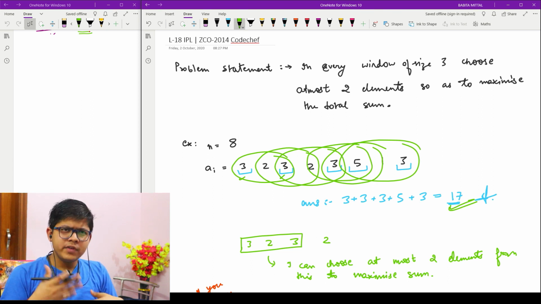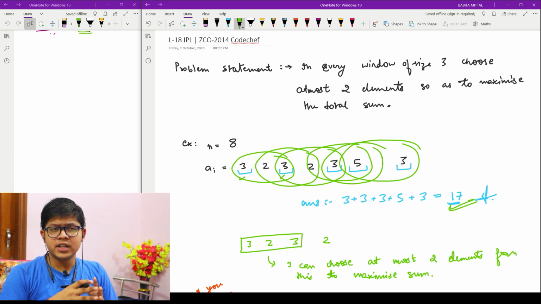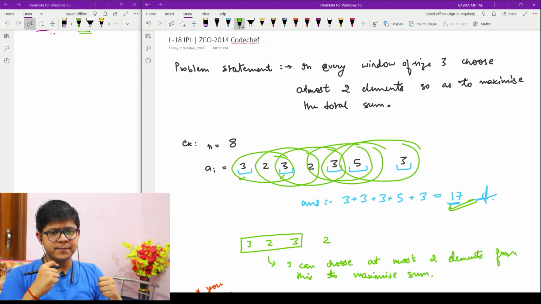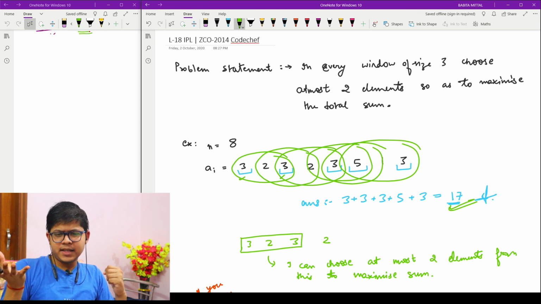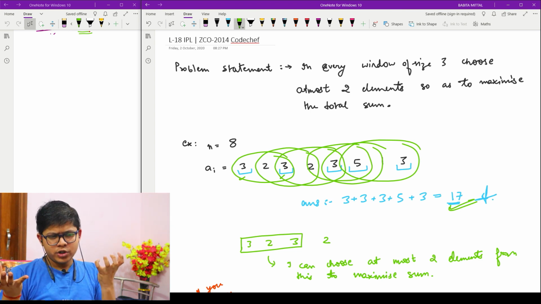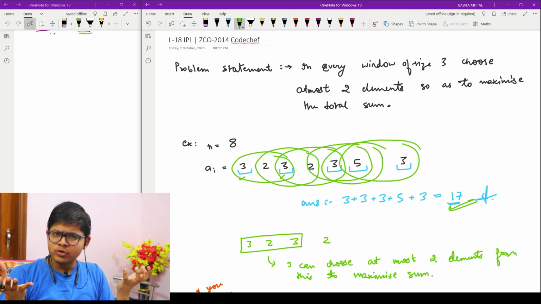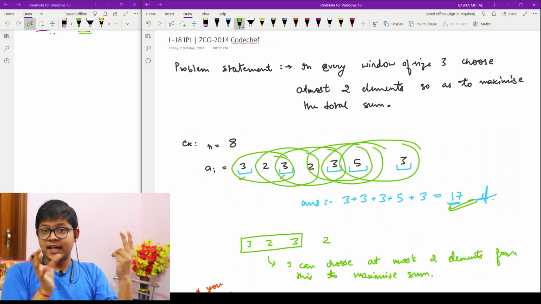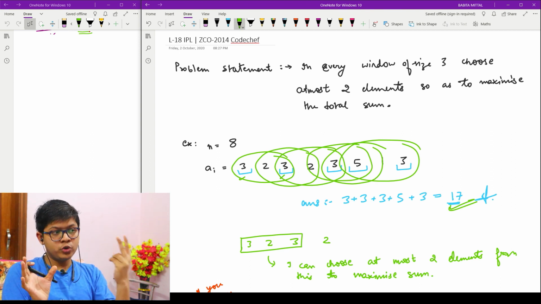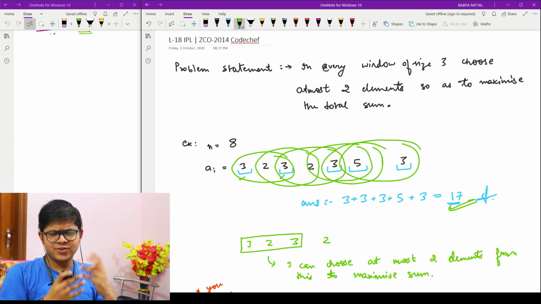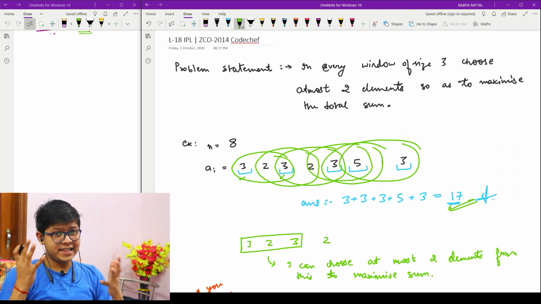Now, before moving on to the actual solution, the first thing which might strike your mind is, okay, I am saying to choose at most 2 elements, right? And in another step, I am saying to have the maximum subsequence sum. So you might overlook the words at most and think, okay, I will choose 2 elements and I need the maximum sum, so I will choose the 2 largest elements from the window of size 3 and so I can obtain the maximum sum. You might think that, right?